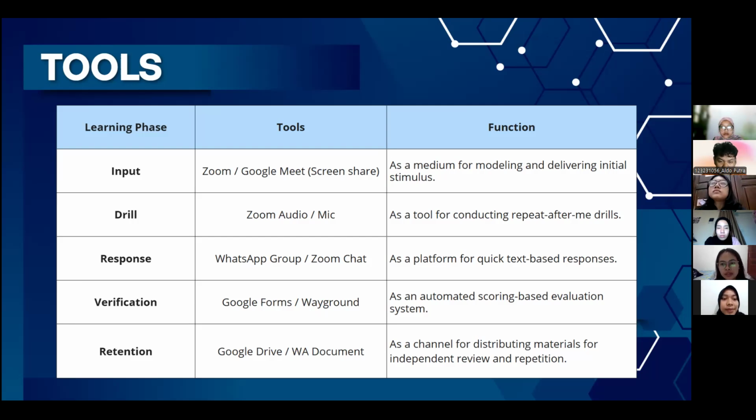Students will receive some consistent modeling before producing any response, allowing the conditioning process to begin in a structured way. The next phase is the drill phase. We will use Zoom audio or mic as tools. In the drill phase,